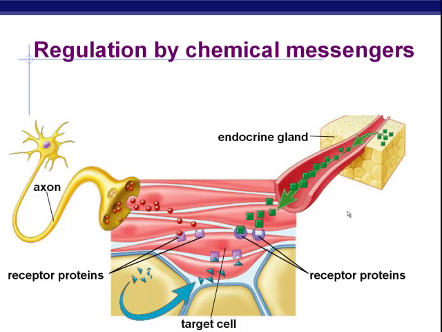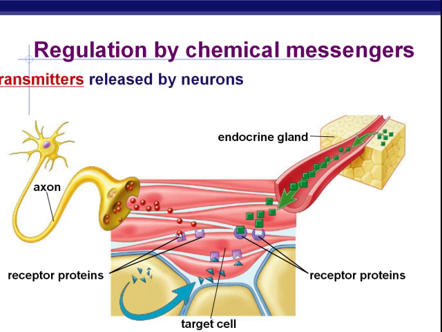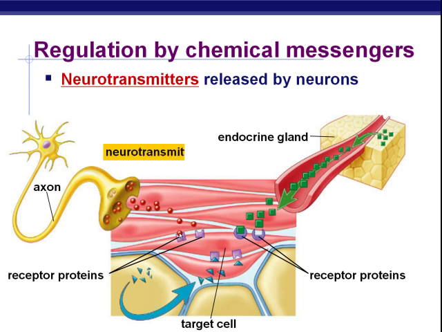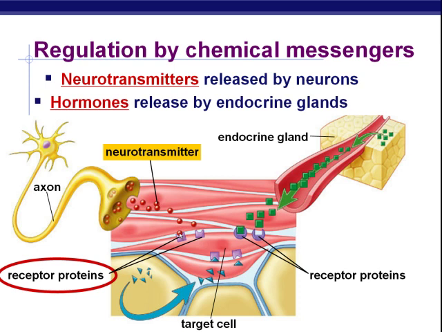This is a nice slide here, because this one is emphasizing once again the end of the axon and these chemical neurotransmitters. So here's where we are converting the electrical signal in the neuron to a chemical signal to get it across into a particular target cell. You've got to have receptors, as we see here, to get that information to a target cell. So neurotransmitters, remember that. They are being sent to receptor proteins on a target cell, and it's a very quick response to a stimulus.